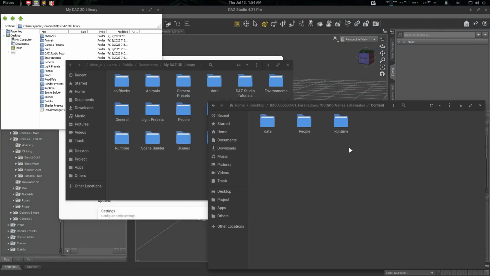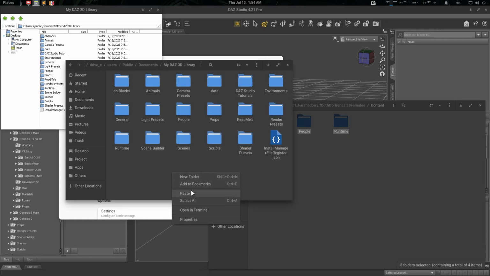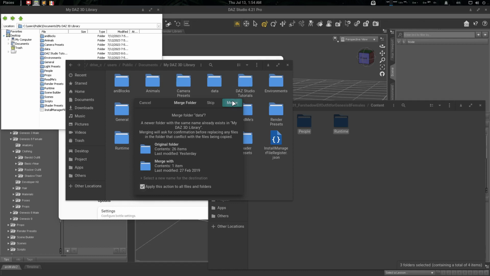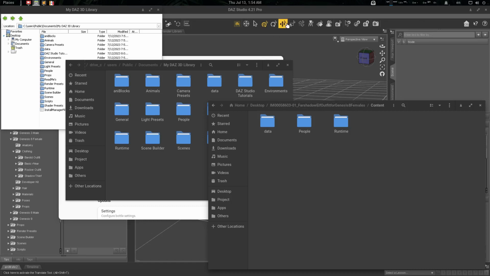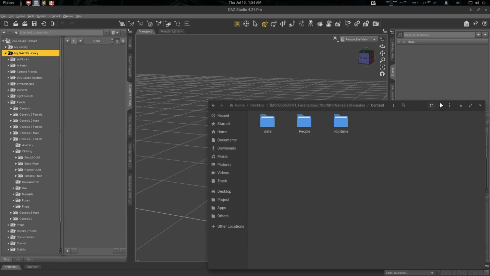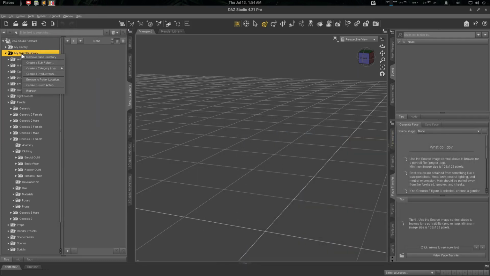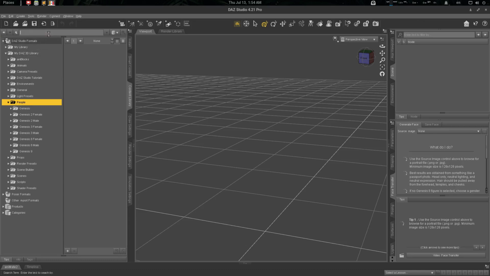Okay, and what I'm going to do is basically just copy this, Ctrl C, and then paste them here. Let's merge it. Okay, data, people, runtime. So it was named Fair Shadow something. So let's see if it has been updated or not. There we go. So right click, refresh. Now let's search for Fair Shadow, right? Fair Shadow. This is it, female,